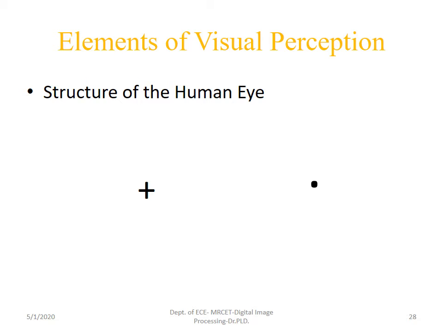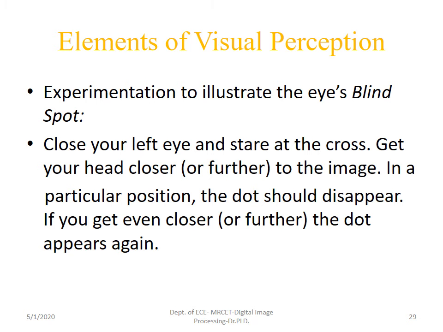Even though we are looking at the cross, while moving the paper closer to our eyes, the dot appears up to a certain extent. After coming near to the eyes, it disappears. But if you keep moving closer, the dot appears again. During the period where it disappears, that is what we call the blind spot in our eyes. Please do that experiment, and it gives you personal experience of whether we have a blind spot in our eye or not. You can do the experiment as described here.